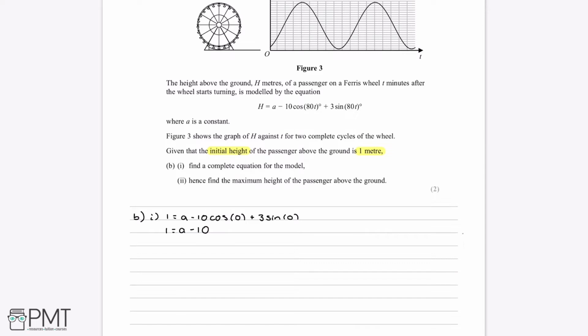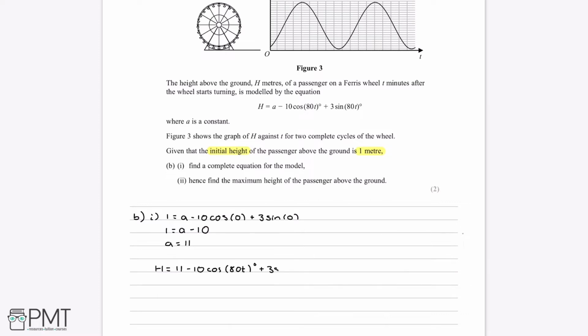And then to get a value of a, if we just add 10 to both sides, we find that a is equal to 11. So we can now substitute a is 11 into the formula, and we now have that h is equal to 11 minus 10 cos 80t